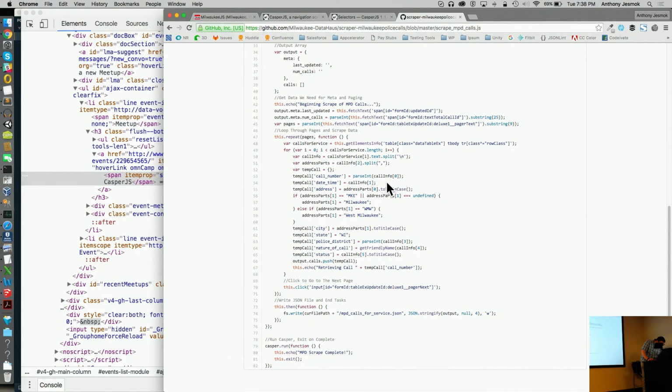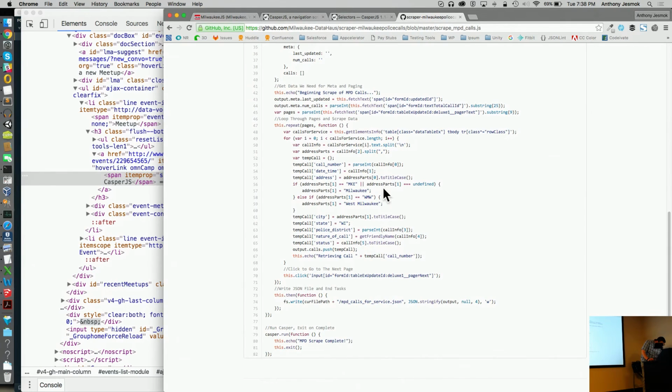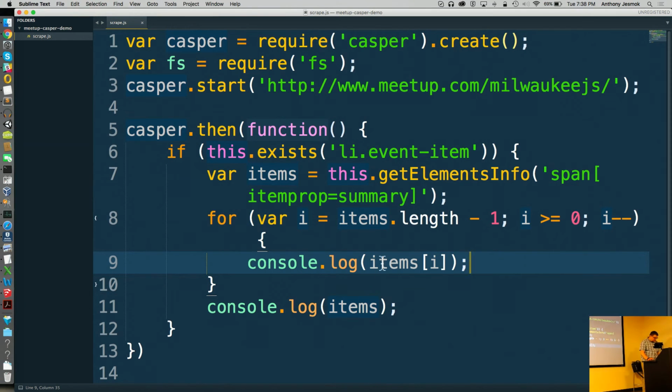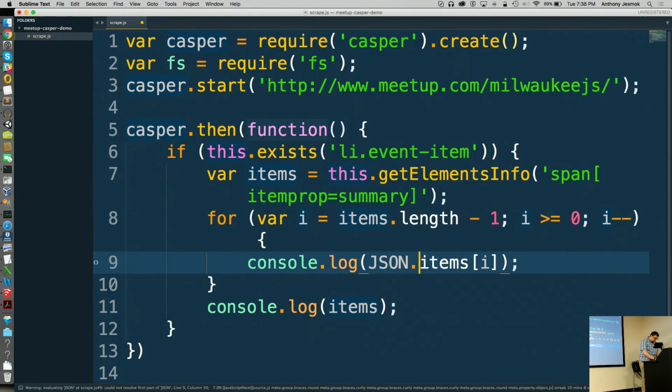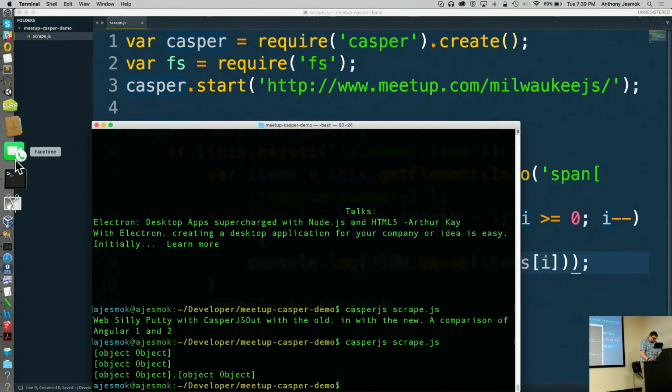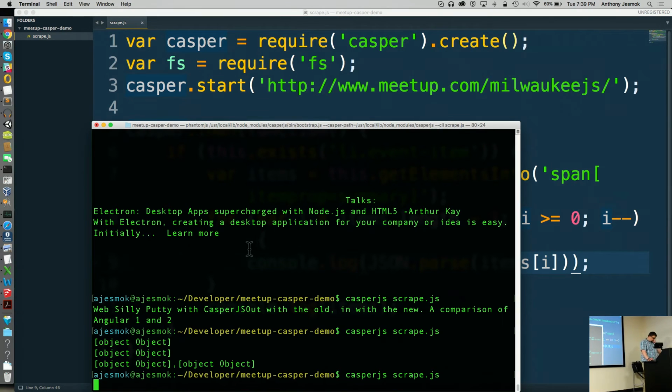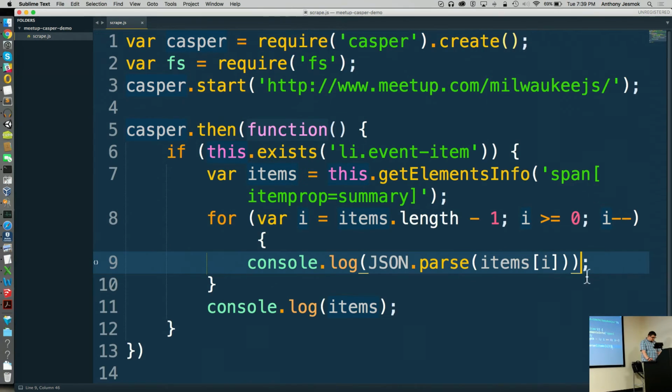So let's see here. I'm actually going to do console.log, and we're going to do JSON. This will allow us to get a JSON feed. And it did not spit out anything, likely because JSON.parse is not supported.